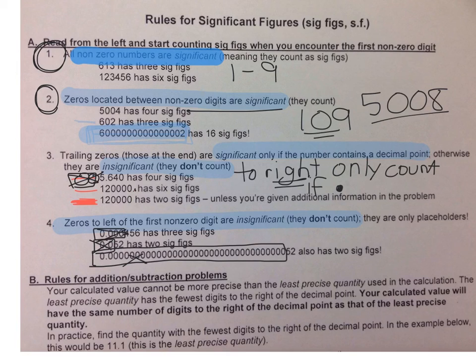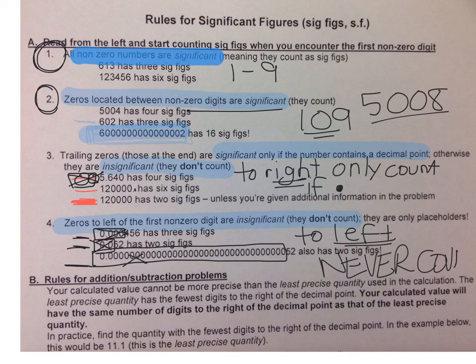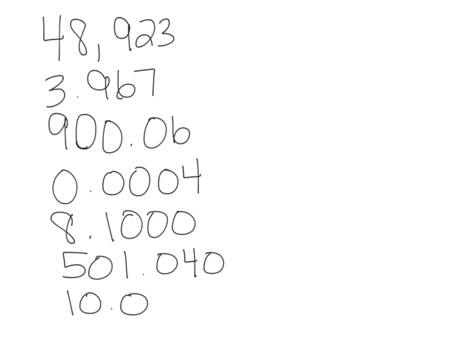If the zeros are to the left, and they're not in between another digit, if there's no non-zero number in front, if those zeros are to the left, they never, ever count as significant. Okay? Next, let's try some practice together. Take a second and think, how many significant figures are in